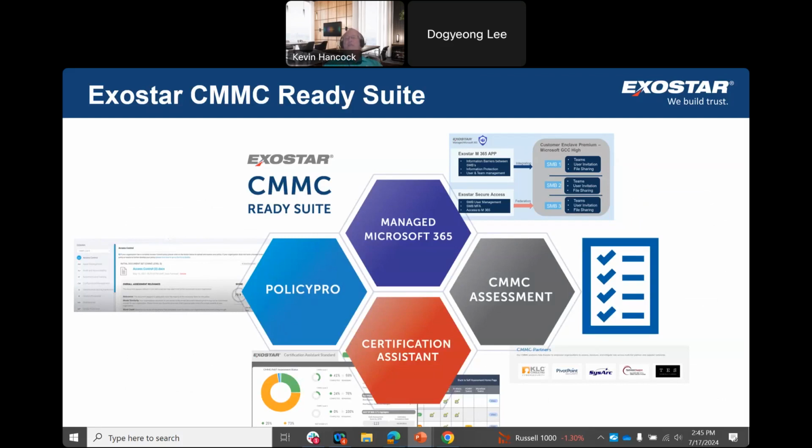We have a companion application called Policy Pro. Policy Pro provides you templates for the policies across the different control families. You then go in and update those templates based on your organization and how you might have implemented something. You can then score those policies using its AI engine. It'll give you an indicator of how good that policy is, a numeric score, and also key indicators of what you might need to do to address some shortcomings and improve that policy,